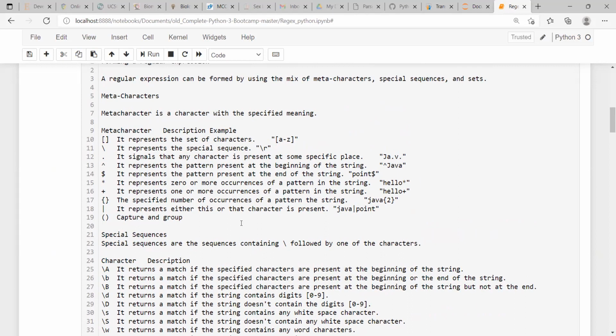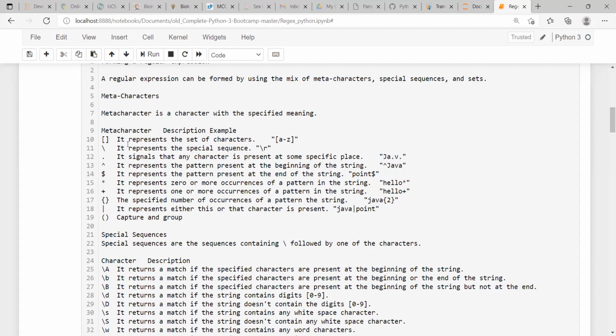You don't need to remember all these at a time. There will be some difficulty doing that, but if you try to use some small examples on small data, then you will understand how it is used.